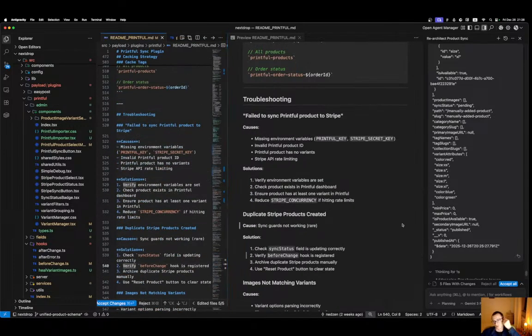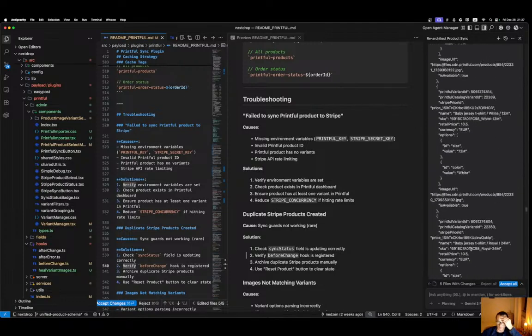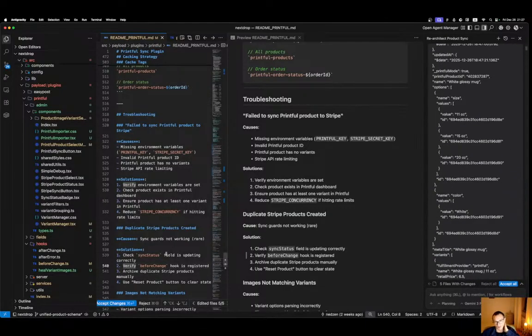This is what I call sloppy implementation, because I gave it a sloppy prompt. Not good. I think I'm just going to take a deep breath and